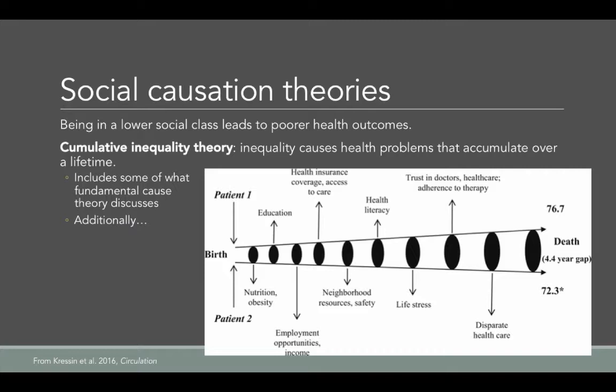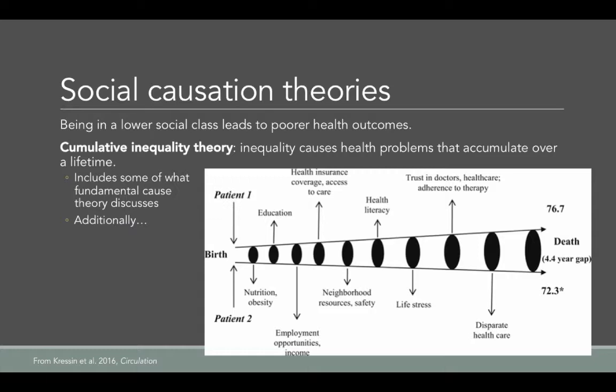Their neighborhood resources were lacking. They may have lived in an unsafe neighborhood. They may have had more life stress as a result of that. And they may also have received disparate health care, which means that their care may not have been of the same high quality that patient 1's care has been. And so you can see that over time, their health in general diverges. The two trajectories grow further and further apart as they age, and patient 1's lifespan is 4.4 years